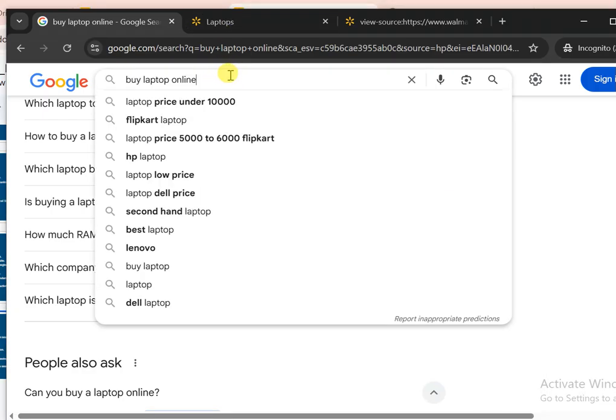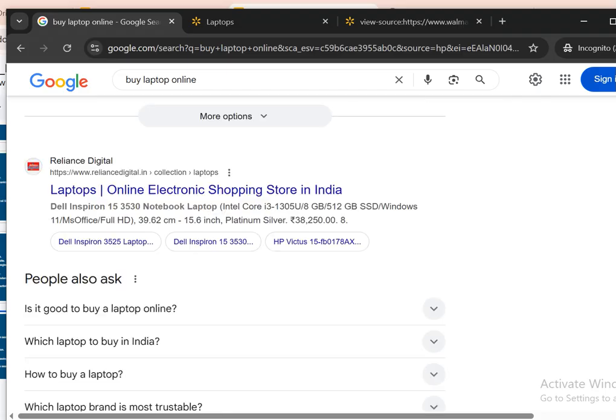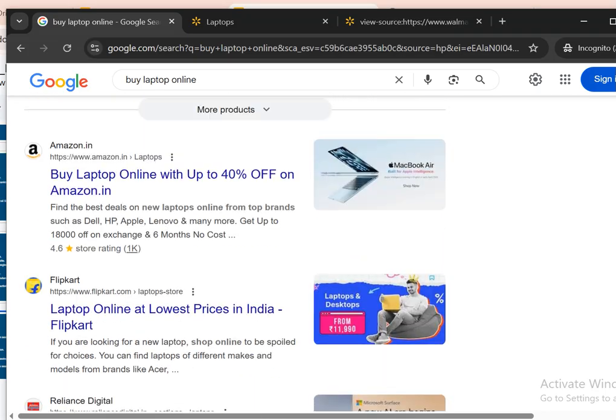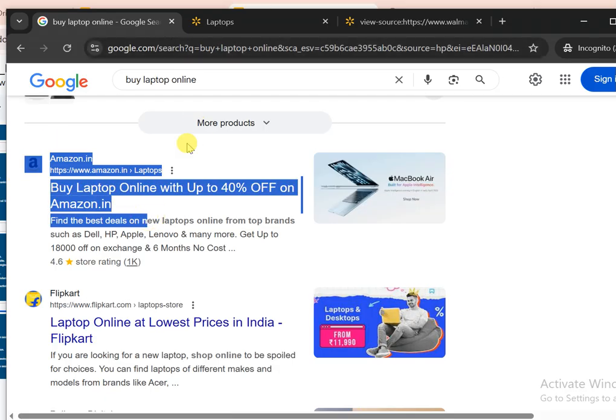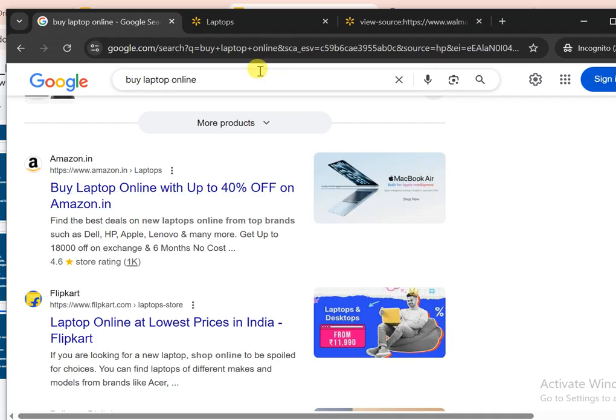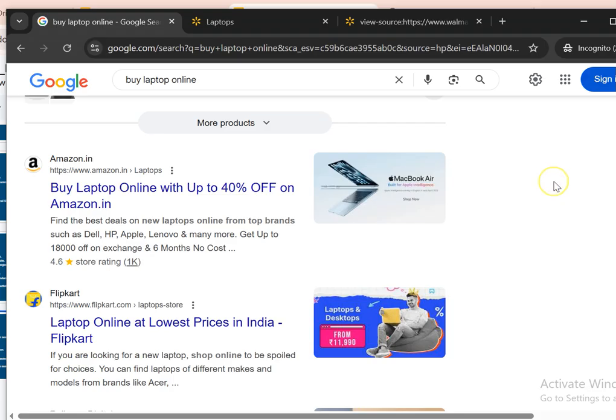So 100 people search the same query in Google. If Amazon ranked on the first position, Amazon got 100 impressions. If out of 100, one person clicks on this, they got one click and 100 impressions.